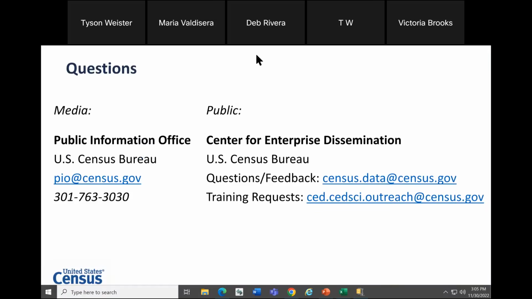And our last question comes from Lynn. Lynn, can you hear us? For example, census tracts that match the GeoID in the tract shapefiles so that the data can be joined to the shapefile.